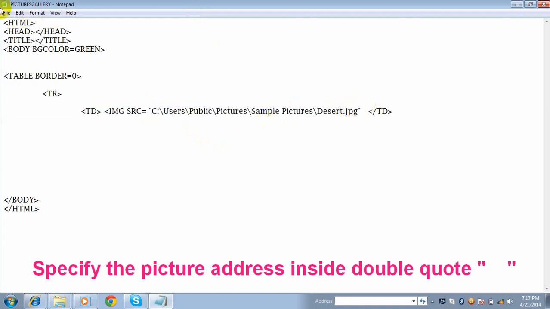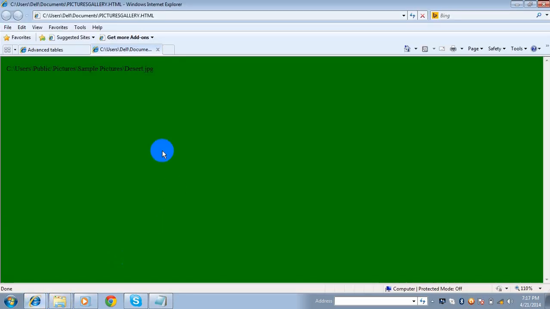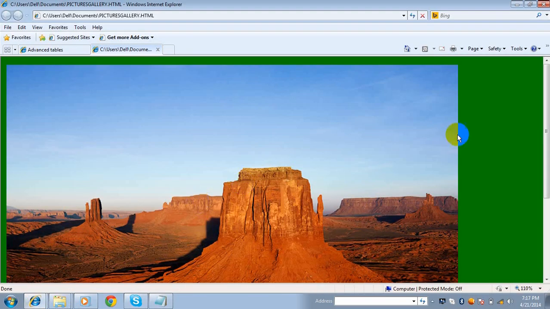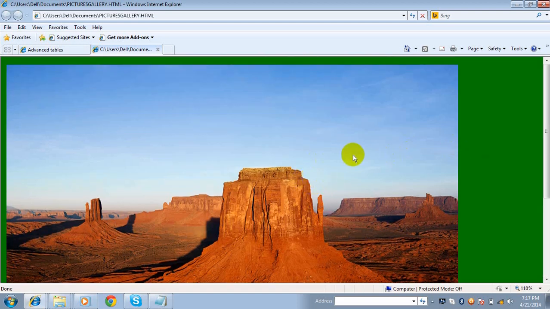Okay, now save the tags, go to web browser, just close this tag, image tag. Now go to web browser, right click, replace. See, the picture has been inserted in the web page.